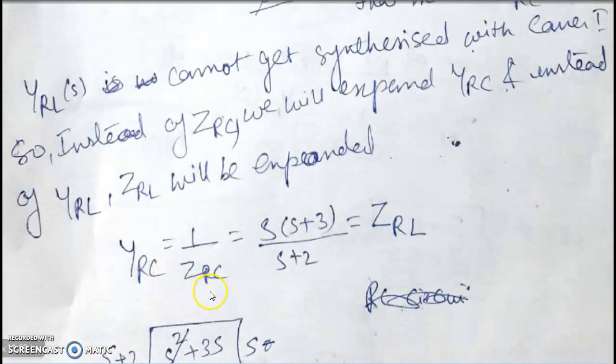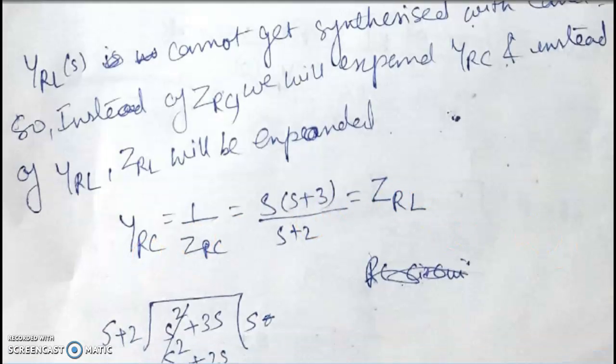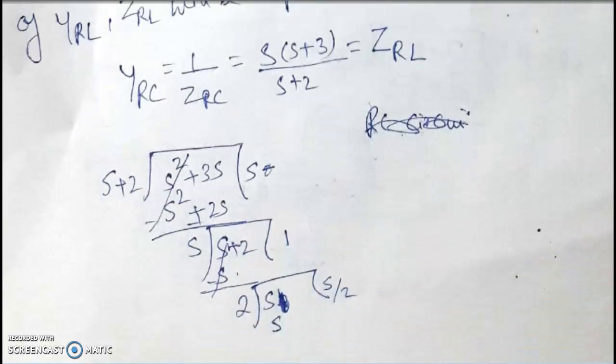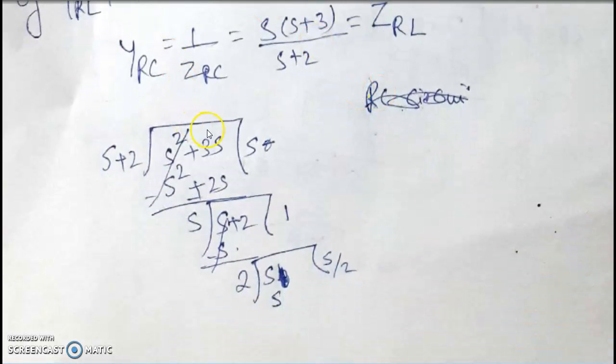Now the admittance function is (s+3)/(s+2). Because it is the admittance of RC function, that means it will be the impedance of RL function. When we expand the function using continued fraction expansion, we see that a total of 3 quotients are there and all the quotients are positive. Because we are realizing the admittance function of the RC network, the first quotient will give the admittance of the first element. Admittance is only defined by the shunt element, so the first element will be connected in shunt.